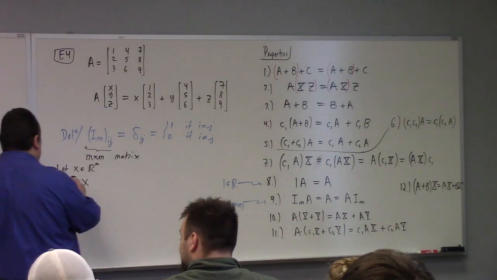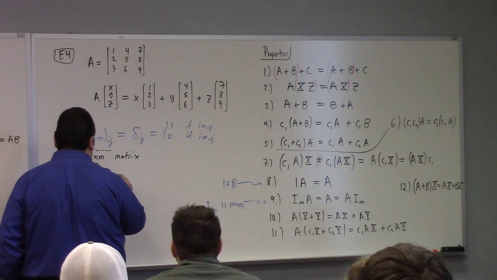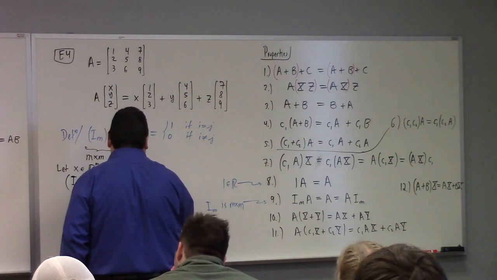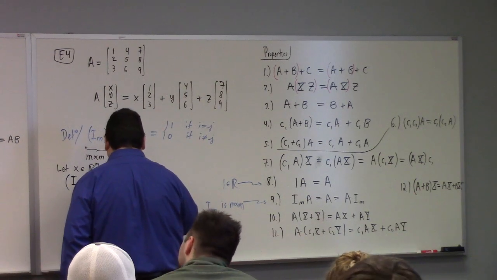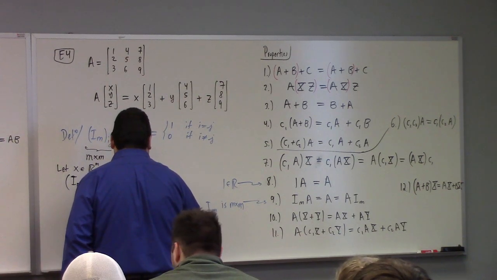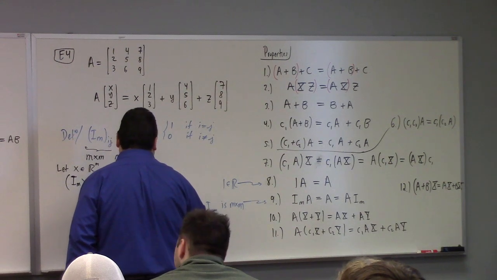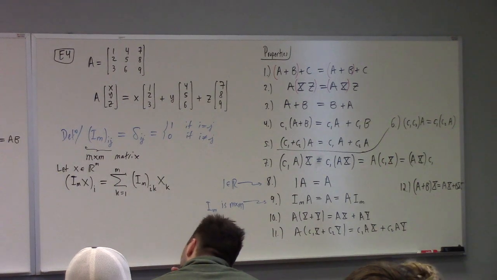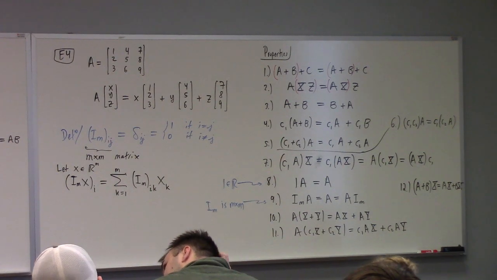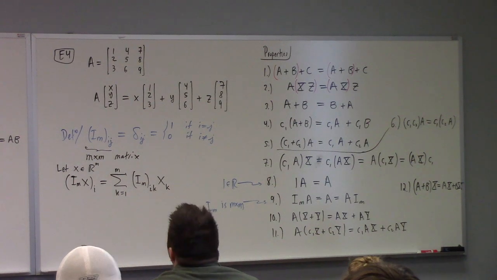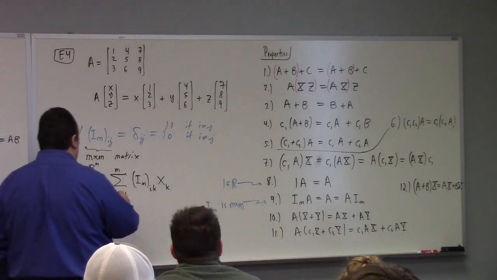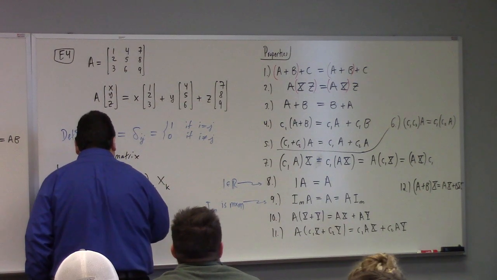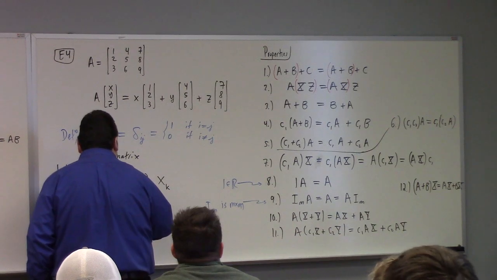If I calculate the ith component of this, we learned last time that it's the sum over k equals 1 to m of the ik element of IM times the kth element of x. That was our definition of the matrix column product at the level of summation notation. Because we defined this to be the Kronecker delta, we have the sum k equals 1 to m of Kronecker delta ik,